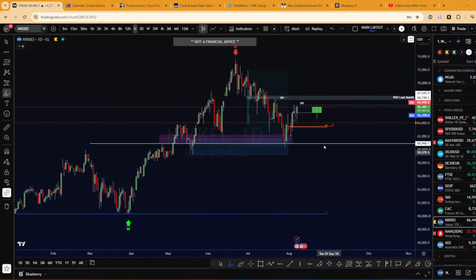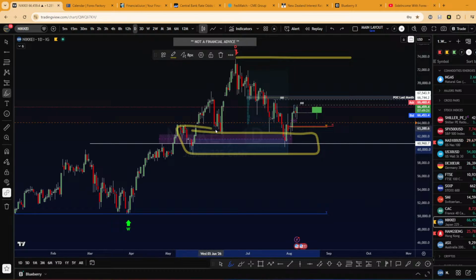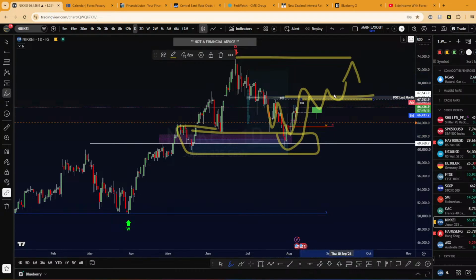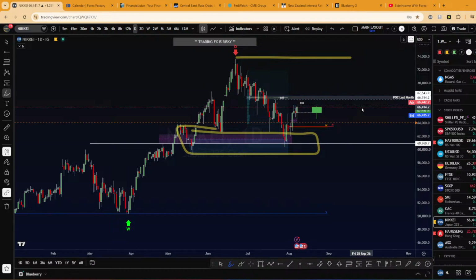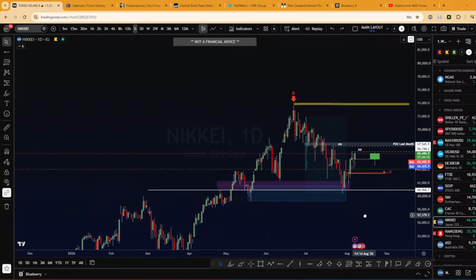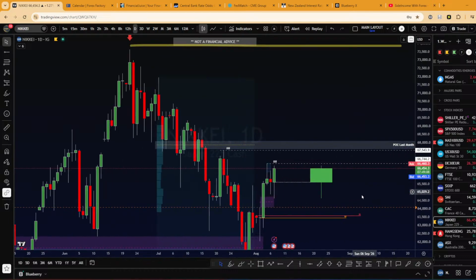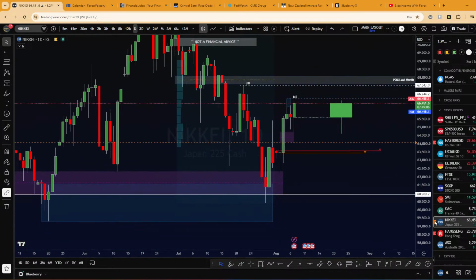So that's why I think Nikkei has some room. We have some room to target the all-time high again. So I think this is a nice rebound on this demand. If we hold above this point of control, we could continue to target. So Nikkei will be very interesting for me this month. I will be focused on the buy side. So that's why I put it on my watch list.